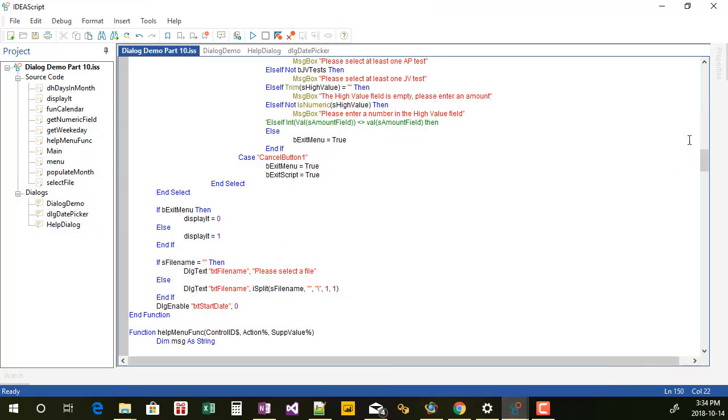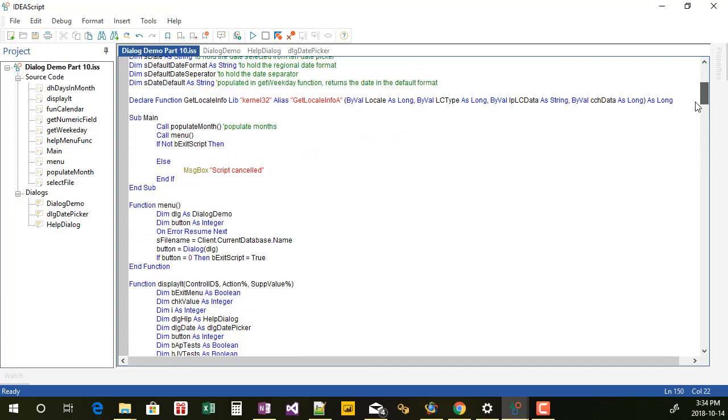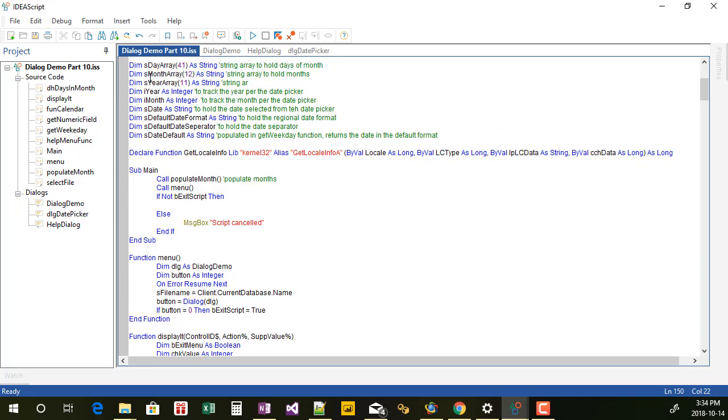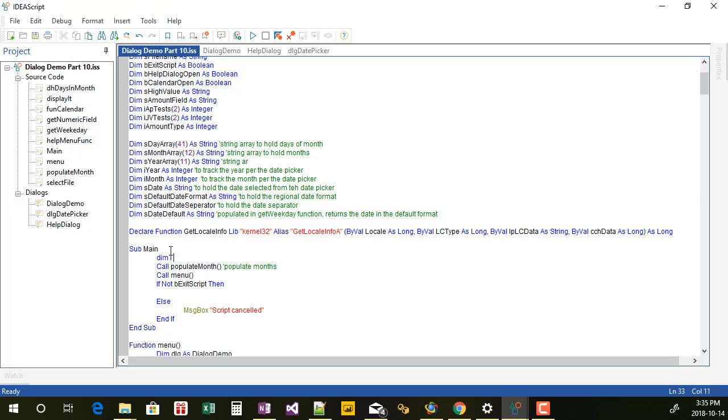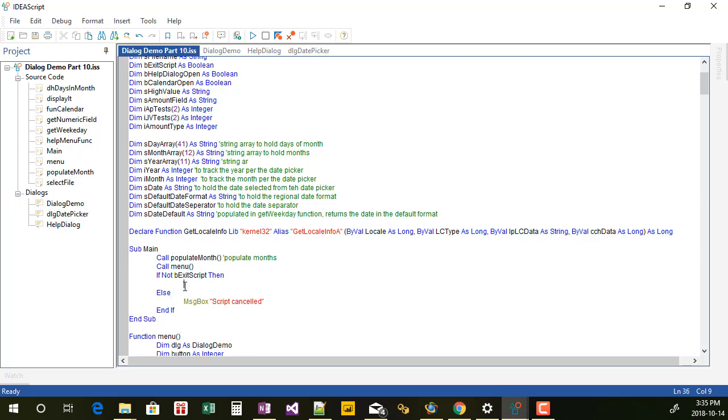And then finally, we've done all this, now we can go in and write our code, which I'm going to leave for anybody who wants to use it. But how we do this is we've got if not B script, exit script then. So how we do this is we've got our arrays to check out the AP tests. So here I'm going to add on a variable called I so we can go through them. Or actually, we don't have to use that. What we've got to do is we can go through and we can say, if